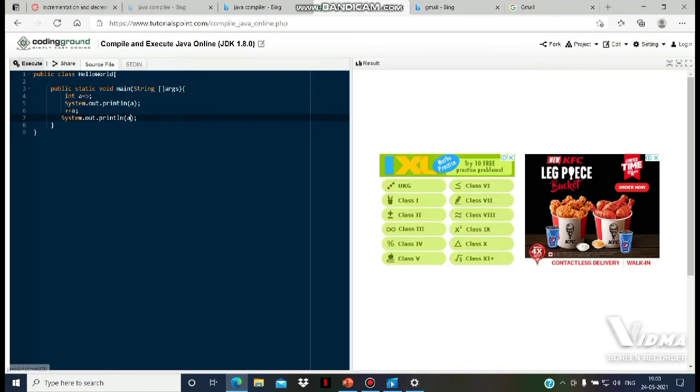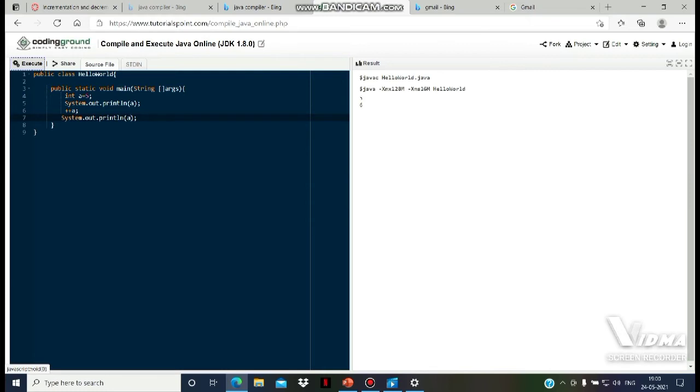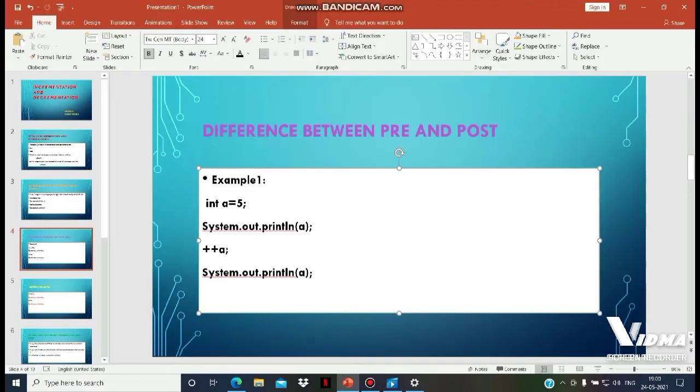Let us execute this. You can see that here a is equal to 5. After increment, a has incremented by 1 and the output is 6. Here you can see the 6: before increment this is 5 and after increment this is 6. Let us get back to our slides.